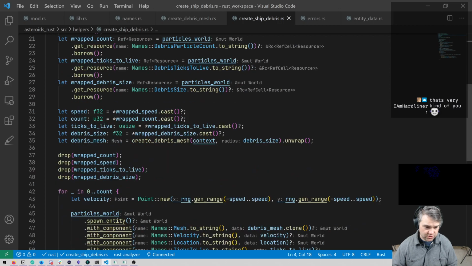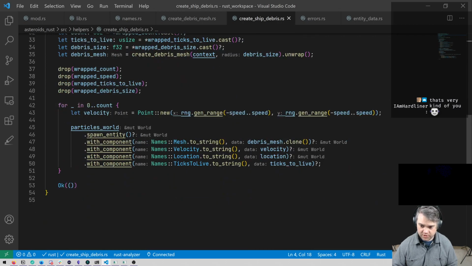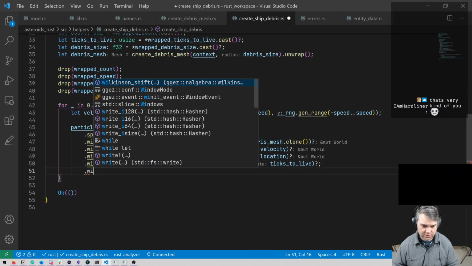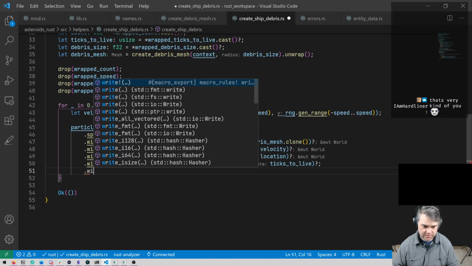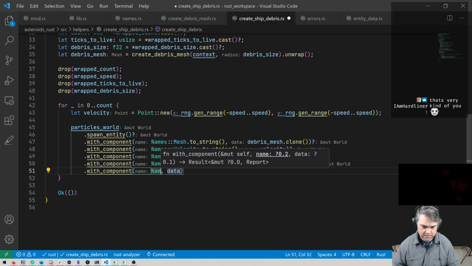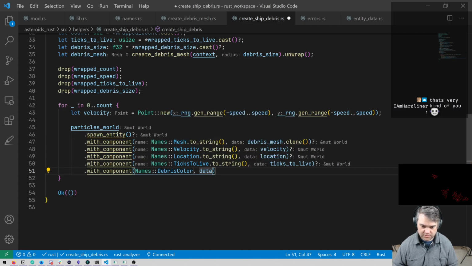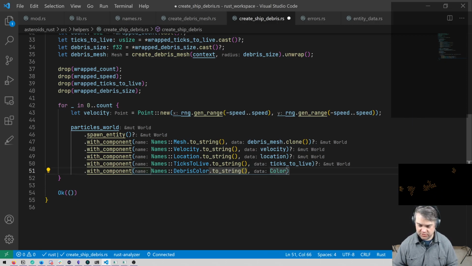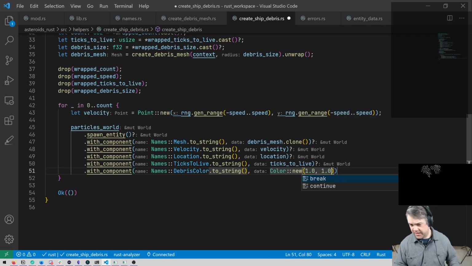But yes, okay, and so here's this with component. So we're gonna do another with component. Debris color. Okay, and our color. We're gonna do color new. We can make this 250, 1.0, 1.0, and